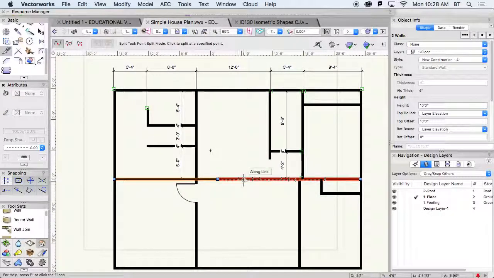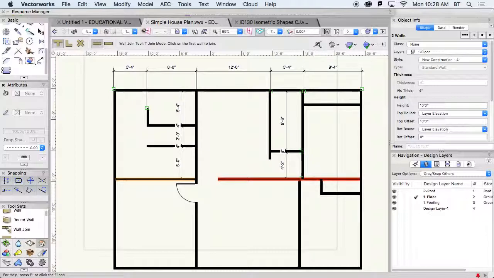Now it breaks this wall into 2 pieces. If I hover over, I can see this section is red, and there's an object handle, object handle. This section is red, object handle, object handle. Okay? So now I can, for instance, go Option J and do my join, my T-join, and here is actually